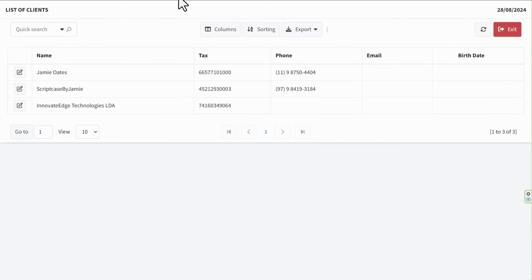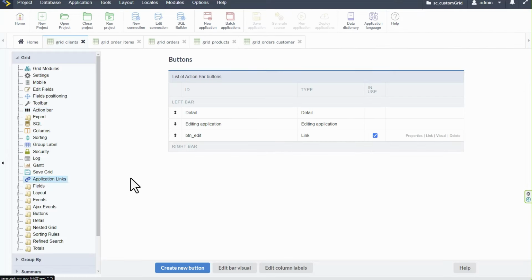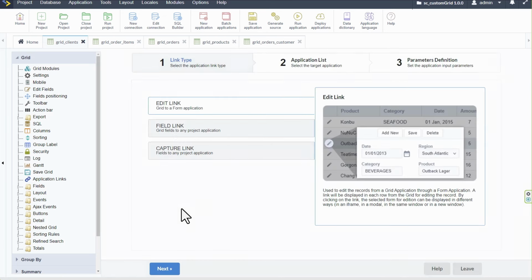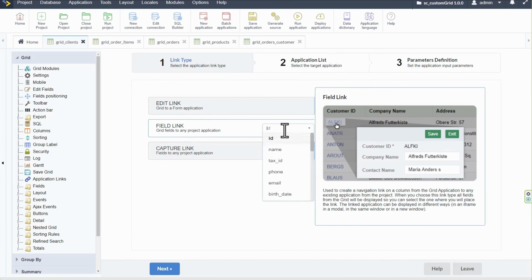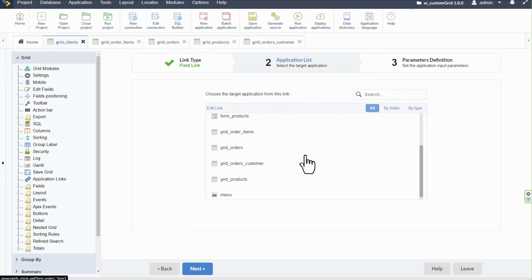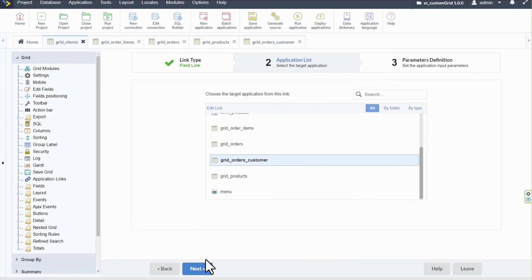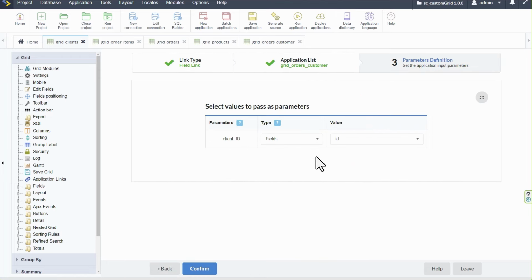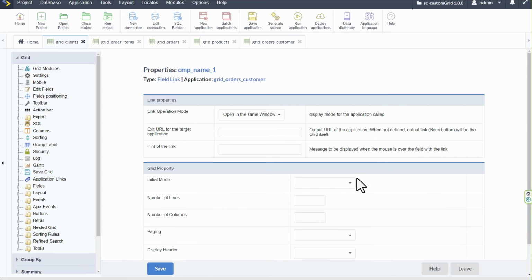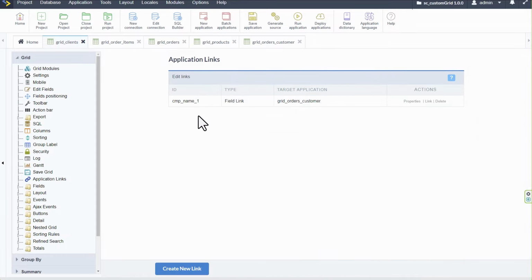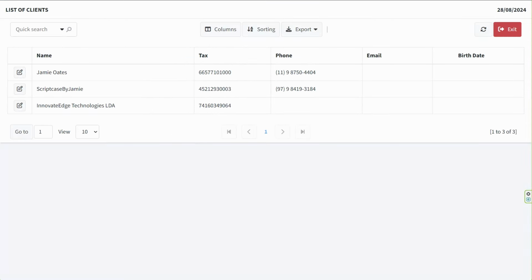Okay, so we have here our client list now. Now we want to apply another application link here, and that link is in fact a field link, and I will set that to the name, and then the name will come then here to the grid orders customer. If I go next, client ID is then ID for the client tables, and then we can say in the same window, save. Okay, so then just like that now, if I go run, we will have then our menu